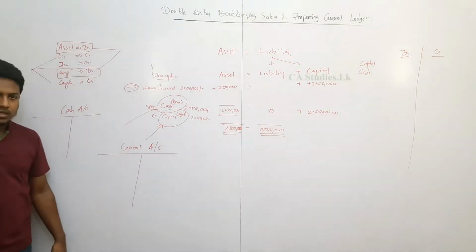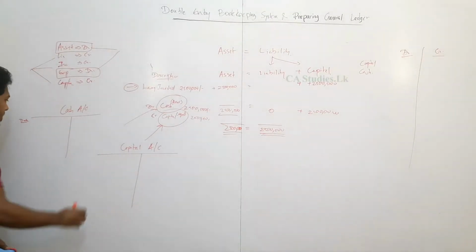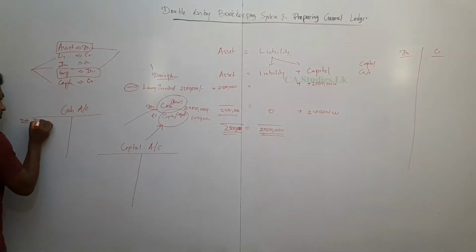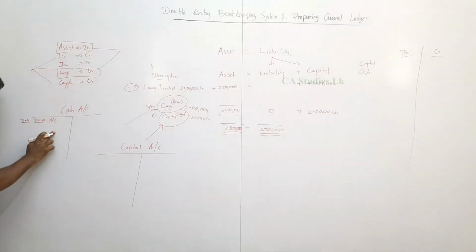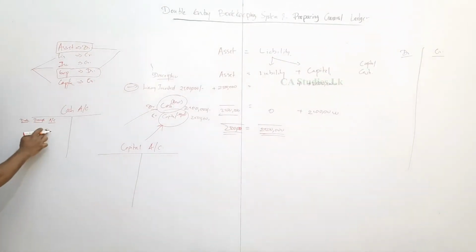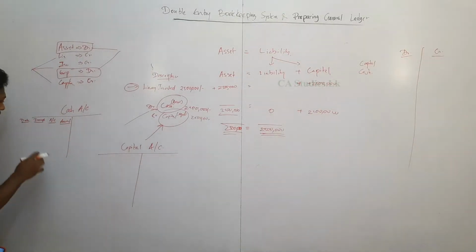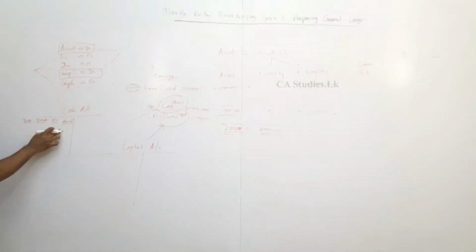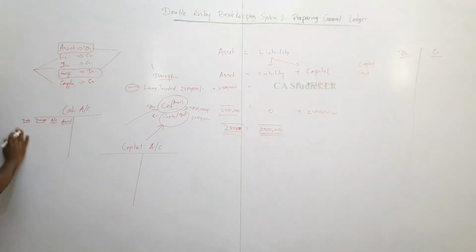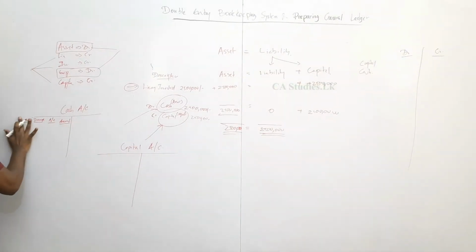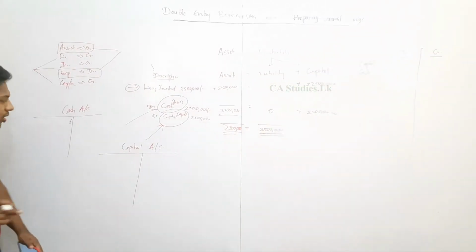In the general ledger, we first take a date. Second is description. Third is account. Which account? Here we are debiting, so the account from which we take the debit should be placed here. Now the amount. In the exam, you don't need to give a title for each item. You can just write the date, description, account and amount. We assume the titles are there, to save time in the exam.